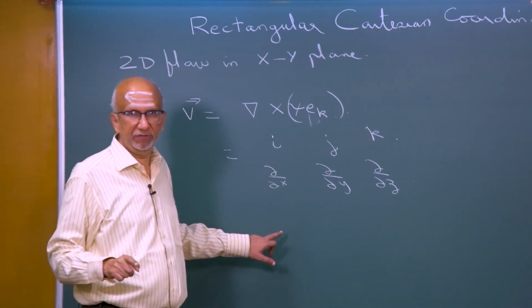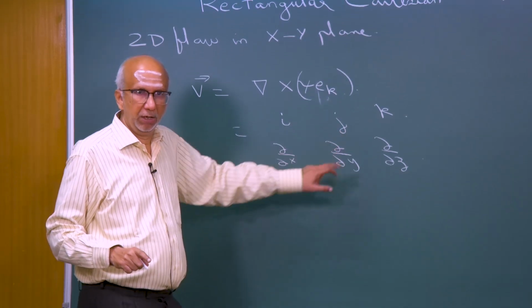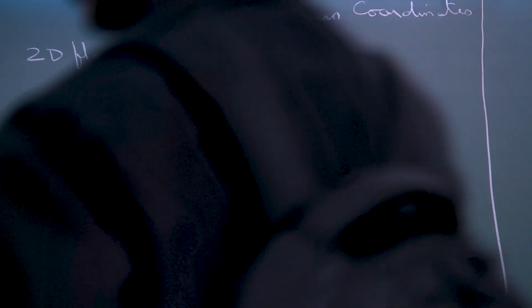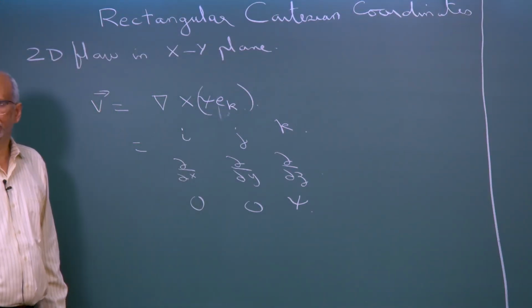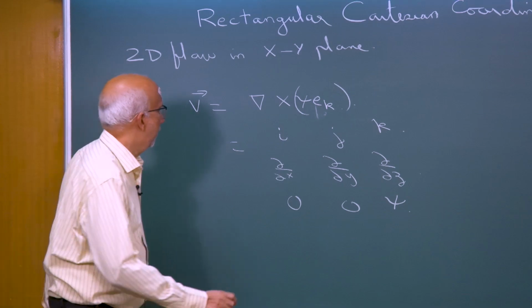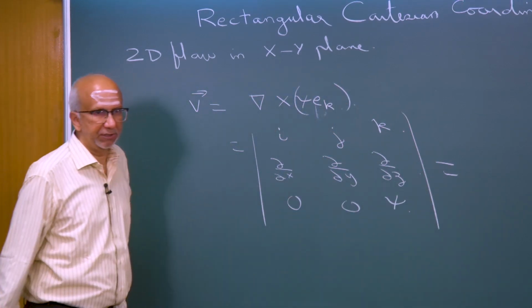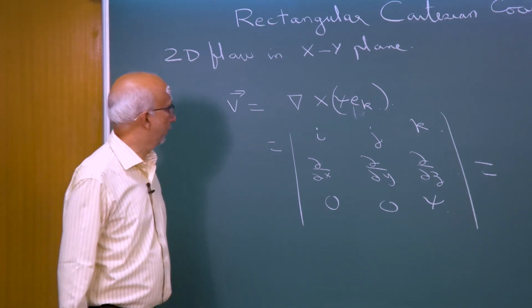Psi does not have the first and the second component. It is only the z component that is there. So, I have 0, 0, psi. Okay. So, if you calculate the curl, which means you are calculating the determinant of this. The determinant of this turns out to be